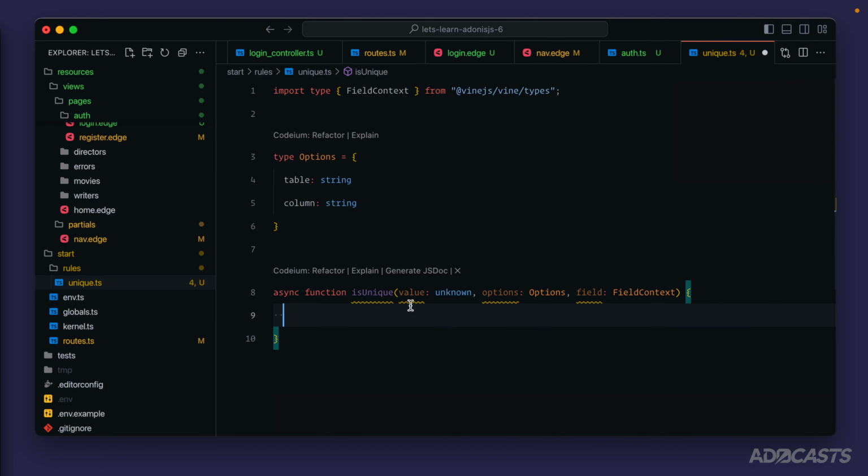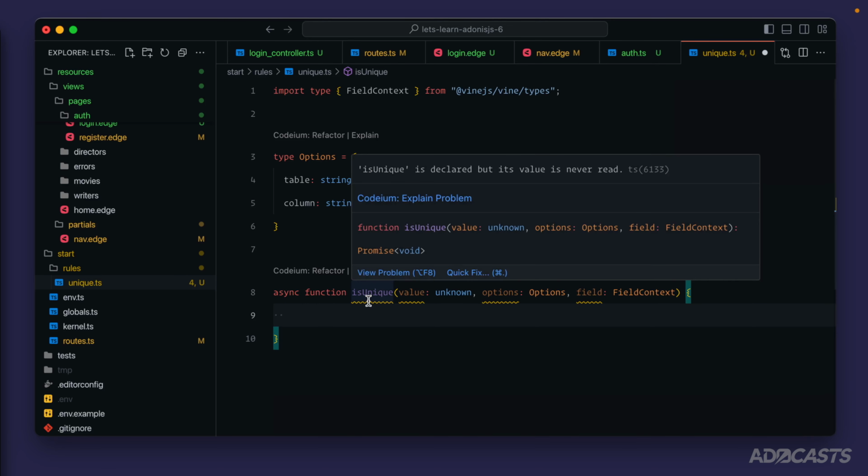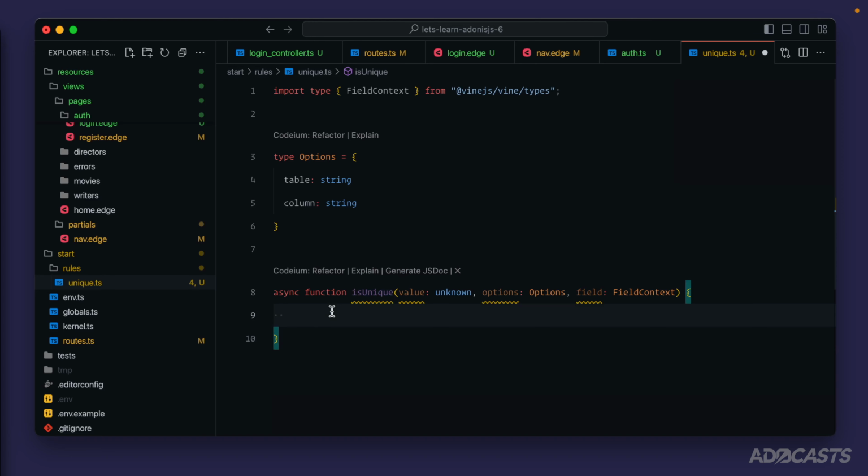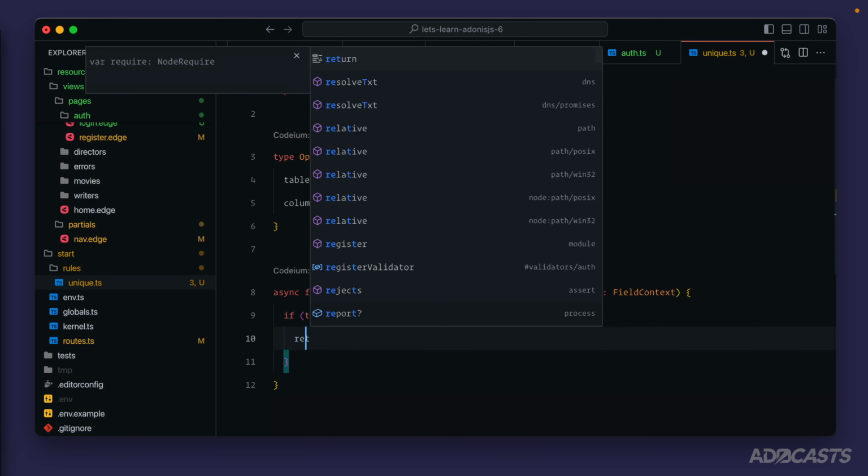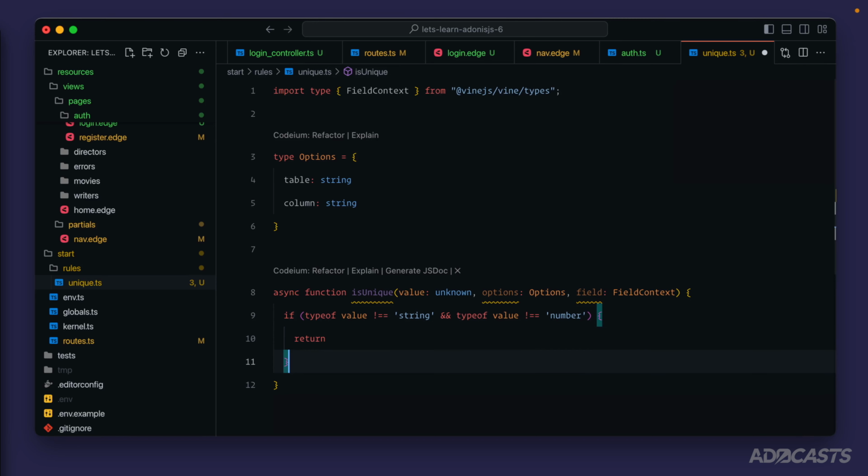The first thing we're going to want to do is check the type of our value. For the documentation, they show this as just being a string, and they kick out anything that is not a string. But I could see this being used for an ID as well. So I think we'll allow numbers within ours as well. So let's do if typeof value does not equal string and typeof value does not equal number, then we'll just want to return back out of this method so that this particular method doesn't handle either of those